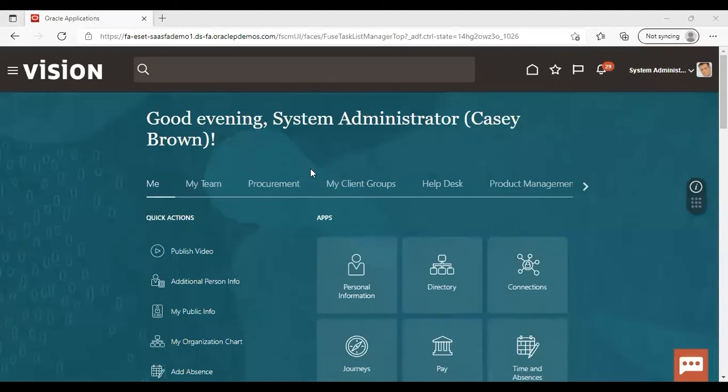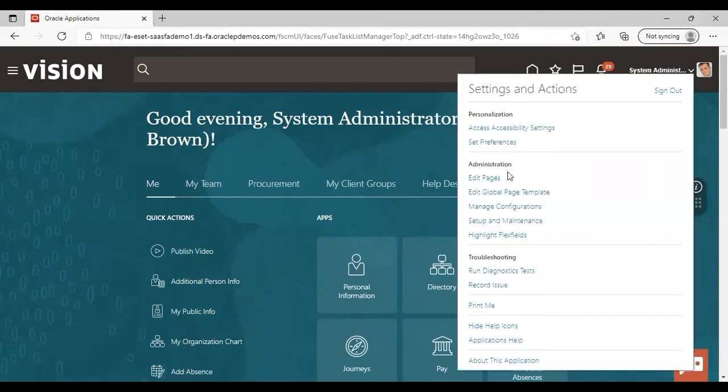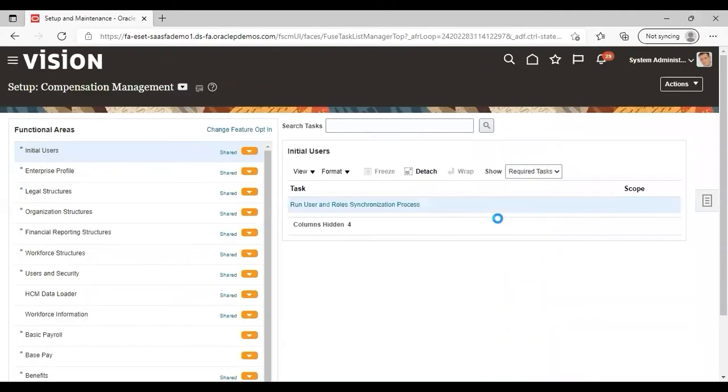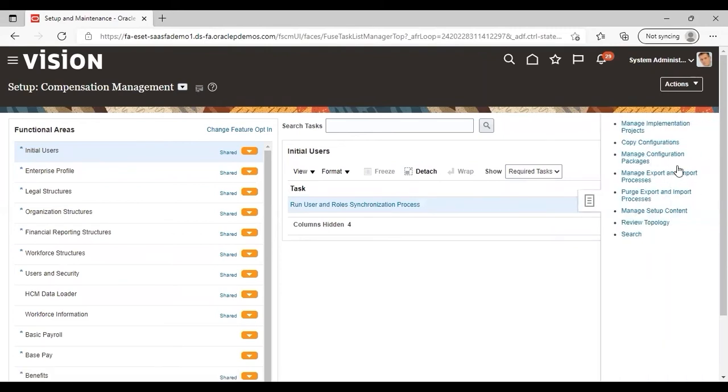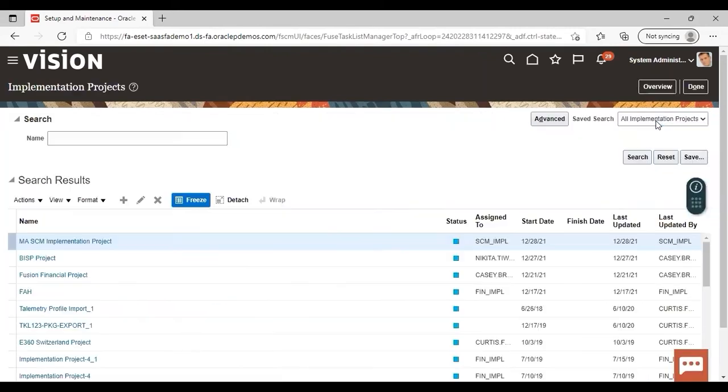After logging in to the application, go to Setup and Maintenance. Then from the task list, go to Manage Implementation Projects.